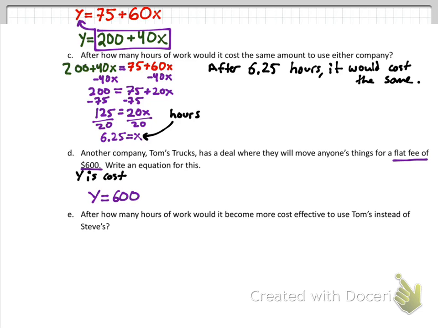So that's another way that we can look there and go, we don't need an x. In fact, if we put an x in, it'll be wrong because it doesn't matter how many hours they spend moving, it's going to be $600 regardless. All right,